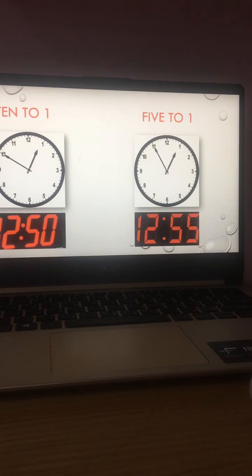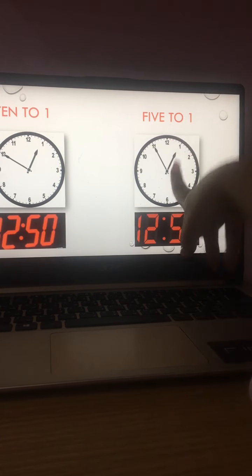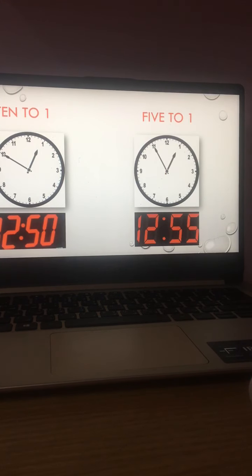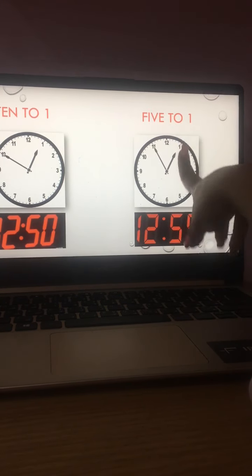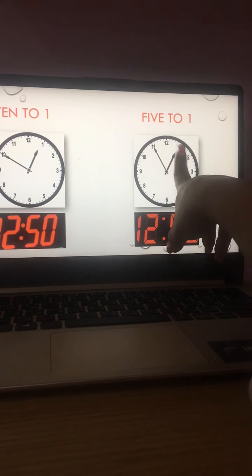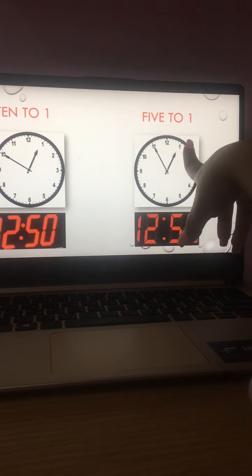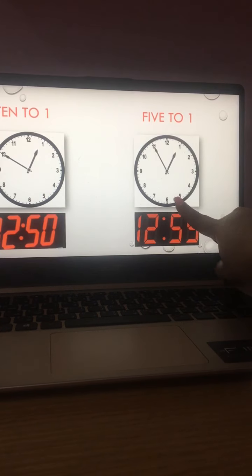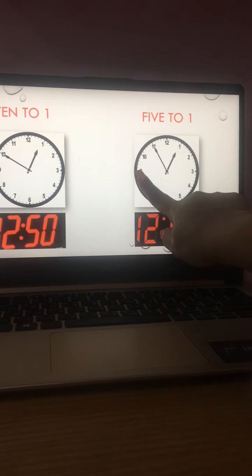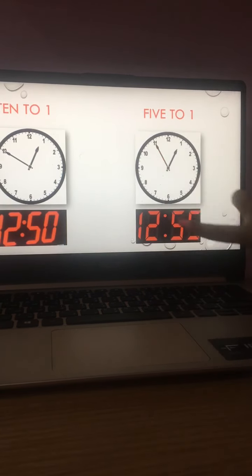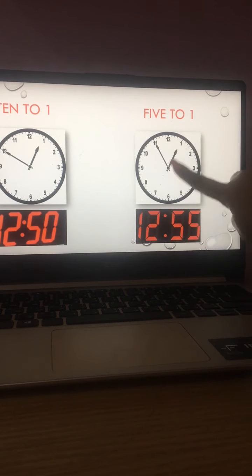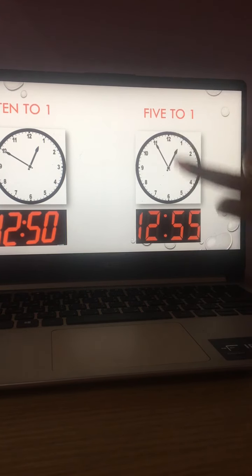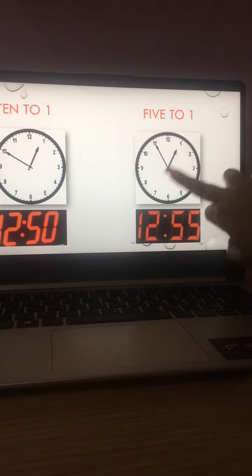If I want to tell time on the analog or digital clock, I need to count by 5s, but from this side. So let's count together. 5, 10, 15, 20, 25, 30, 35, 40, 45, 50, 55. So it's 12 and 55 minutes, because while telling time on the analog and digital, we look at the hour